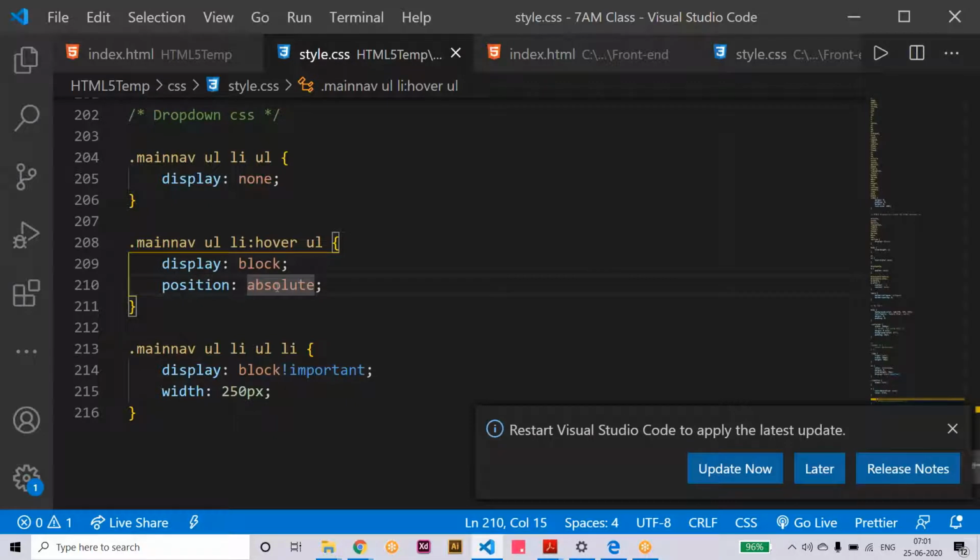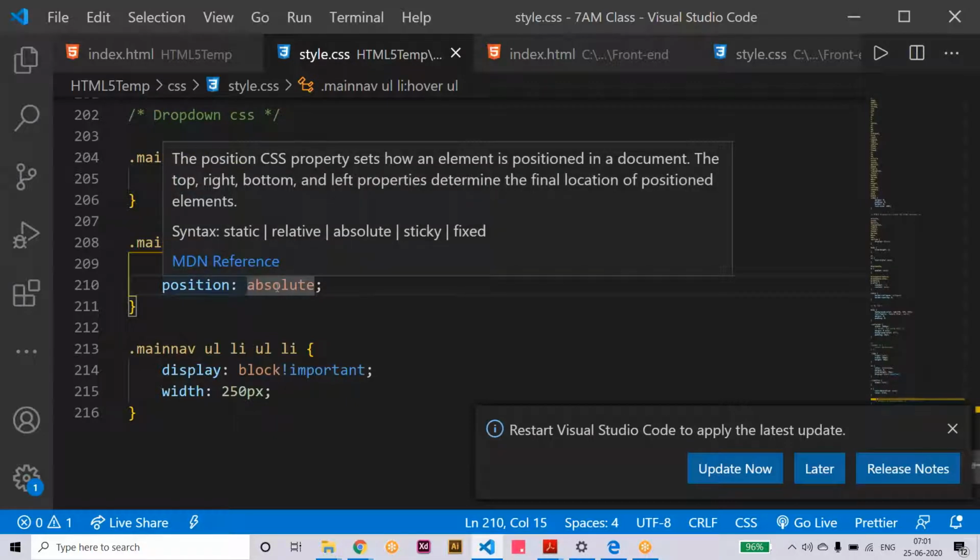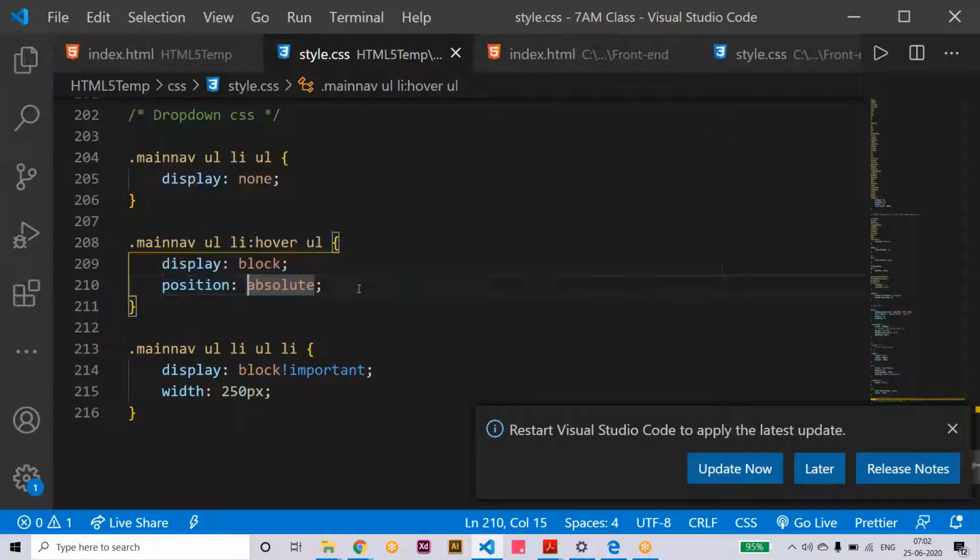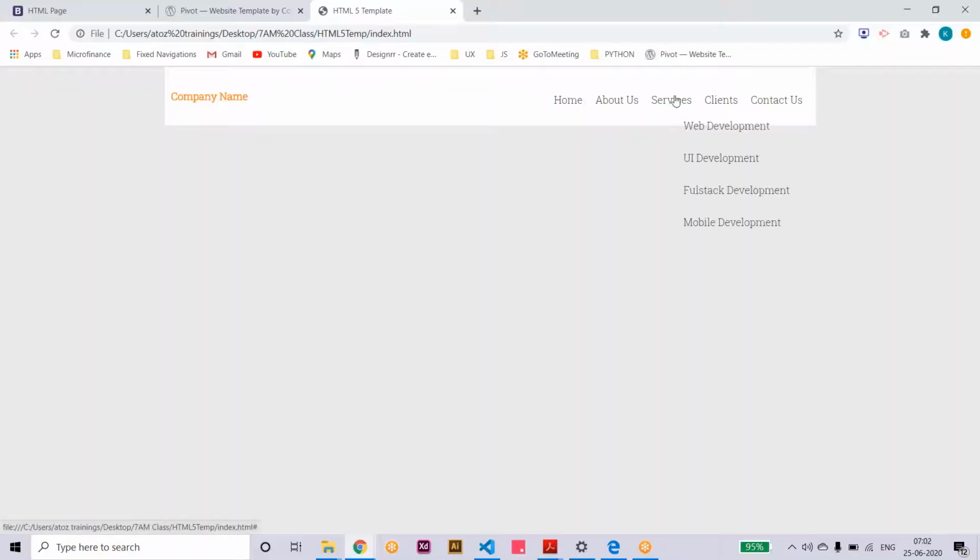Here we have around 4 to 5 position values, like absolute, relative, fixed, scroll, that I will teach in the CSS class. So once you provide the position absolute, it will fix exactly on the services. Suppose you have an about drop down also, it will be placed exactly below the about us